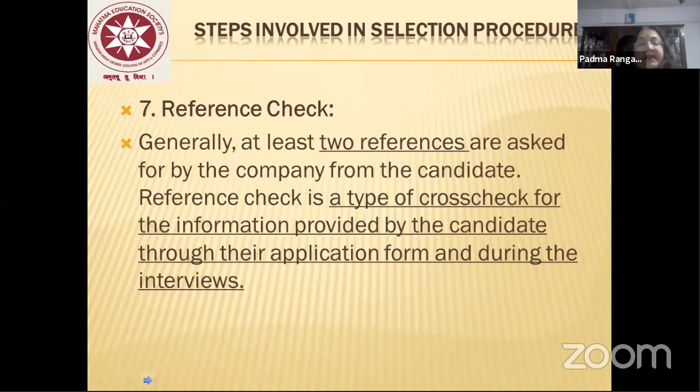रेफरेंस चेक, जनरली at least 2 references are asked by a company from the candidate. ये रेफरेंसेस किसके लिए होते हैं? रेफरेंस चेक इज द टाइप ऑफ क्रॉस चेक फॉर द इंफॉर्मेशन प्रोवाइडेड बाय द कैंडिडेट टू द एप्लीकेशन फॉर्म एंड